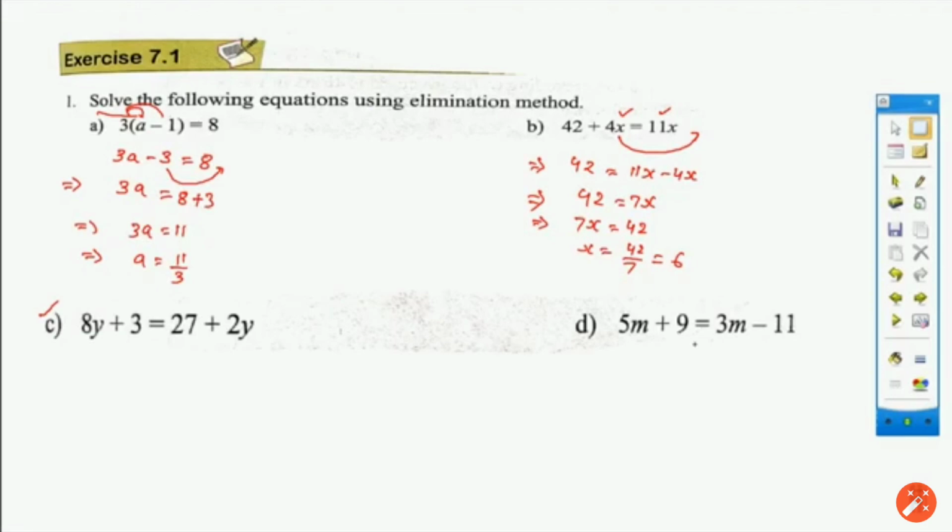These two questions, students, you need to solve C and